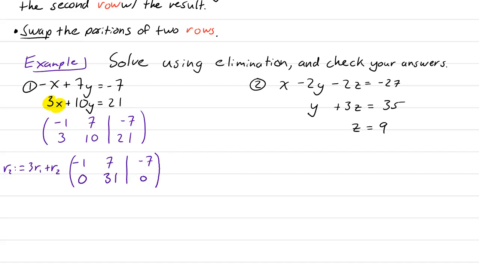And at this point, you can actually see that we've eliminated the x from this. So now it just says 31 times y equals 0, which means y equals 0. So I guess you could say y is eliminated too, in a sense, if it is 0. But anyways, let's actually do another scaling operation here to really finish it off. So I'm going to turn this into a 1, so it really just looks like y equals a number. So that's going to be a scaling operation. I'm going to say row 2 is going to be equal to 1/31 of row 2,